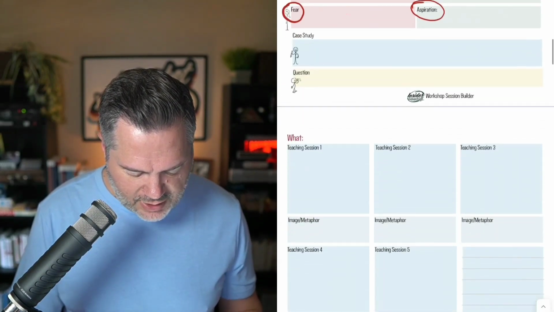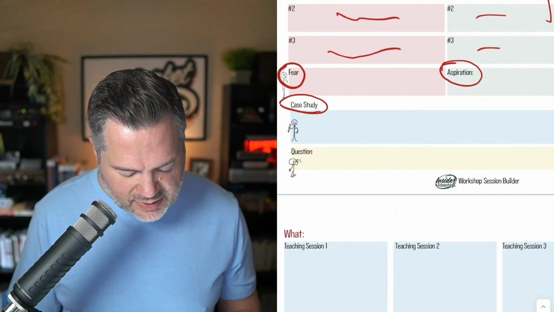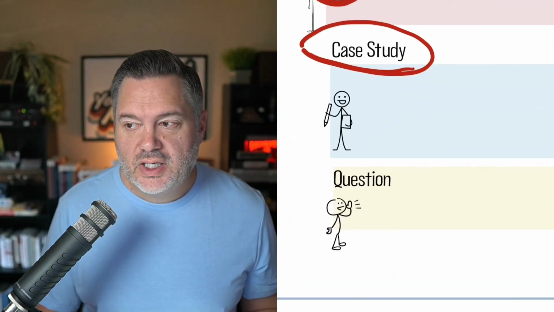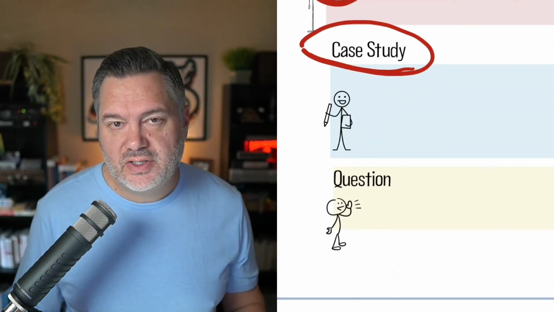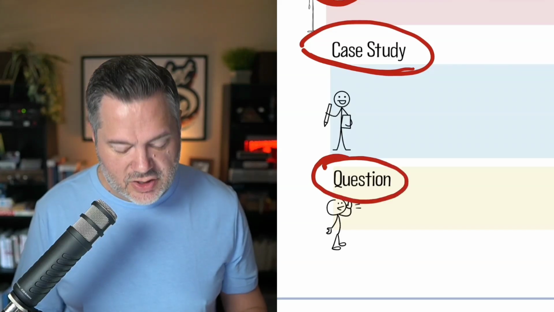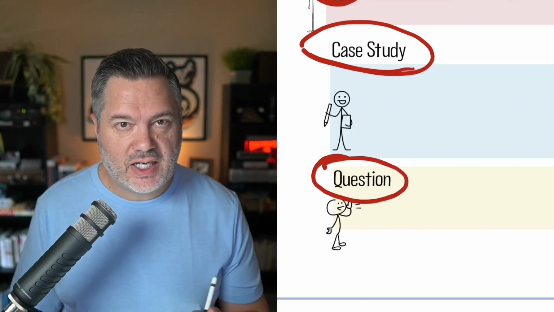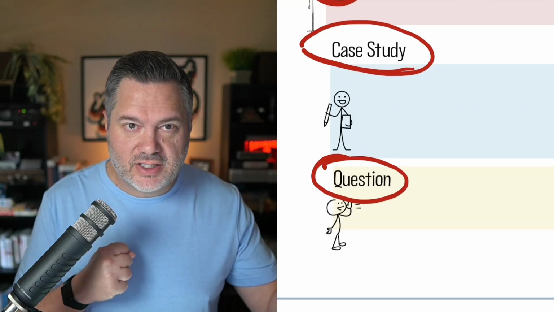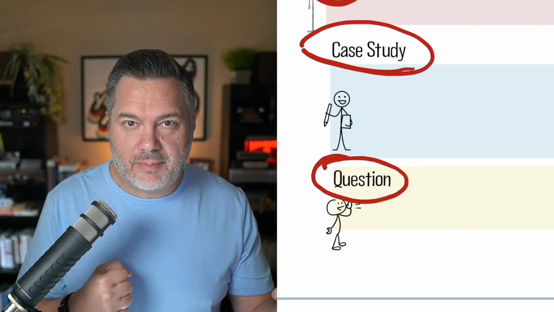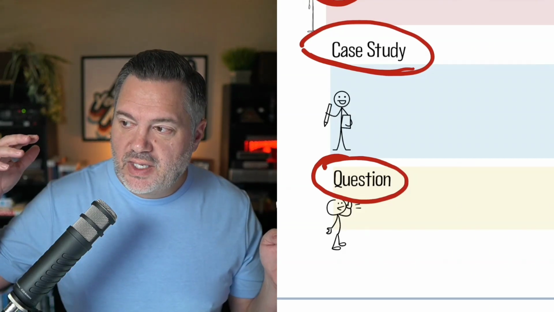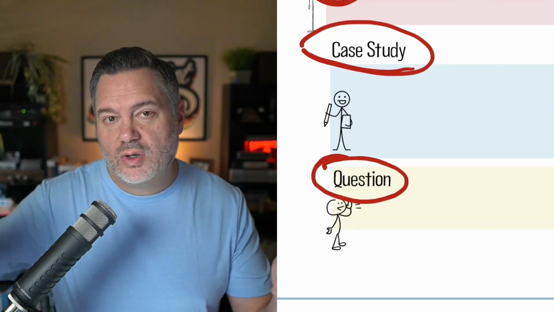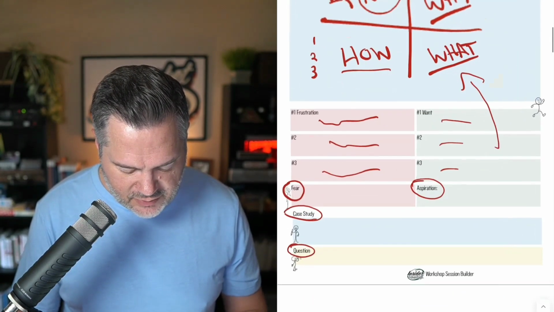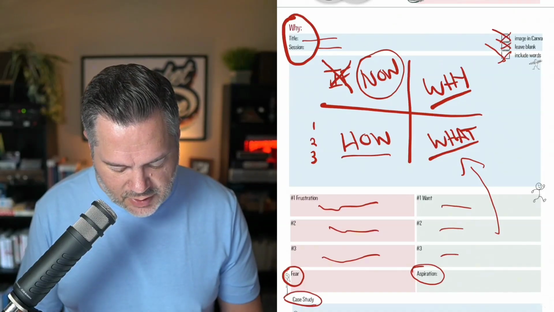So once we get past the why, at the end, I like to have a case study. I think a case study is a good example of yourself or somebody else on why this problem needs to be solved, and also a question. And the questions should be designed to stretch the people who are attending your workshop. We want to be stretching them, right? We want them to see the gap between where they are and where they want to be. And if they understand that that gap exists, they're more likely to join your program at the end of your workshop. And so a question might be something like,